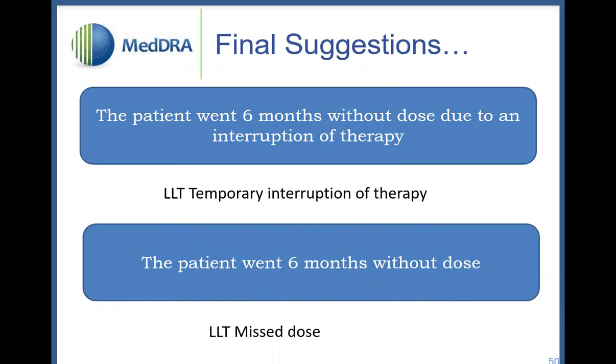And again, I kind of did a dual example approach here just to show that there are two similar terms. Both went 6 months without a dose. One had a more specific reason and one had no additional information. So it's just to show how things could be similar, but yet also in the end turn out very different, and how you would handle it. So great job, everyone, with your answers to the polls and with your suggestions.